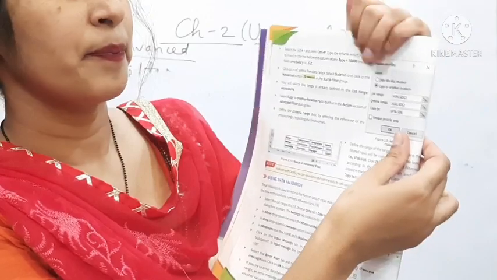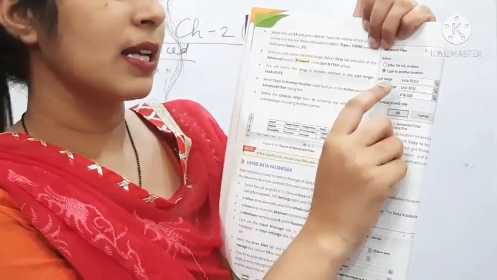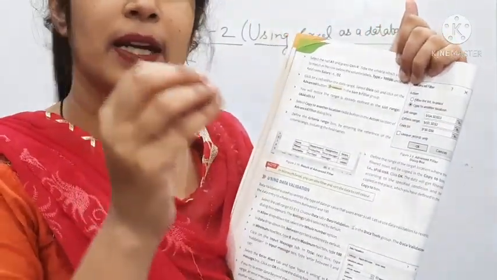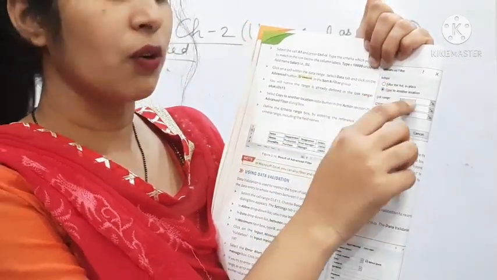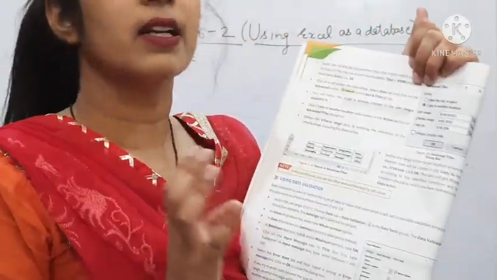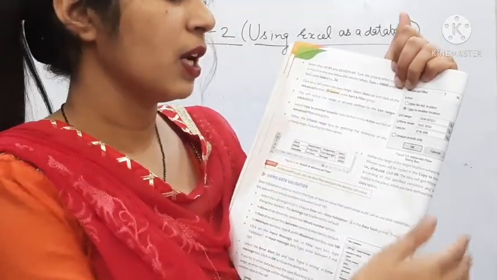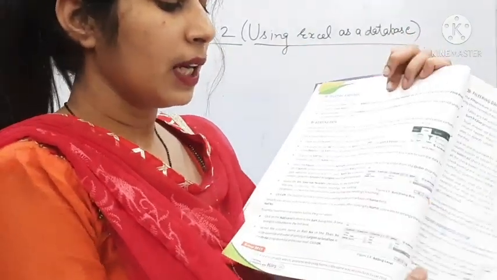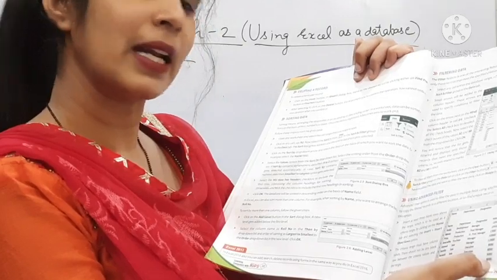When we use the advanced filter, it will show us this kind of box. Here 2 options are there: filter the list in place. Suppose we had filtered, now we are keeping it at the same place. No, here we are trying to copy to another location. We are not keeping the filtered result in the same place, we are copying it to the new location. What is our list range? A4 to D13. It starts at A4 with name and ends at D13 with our 8,000.